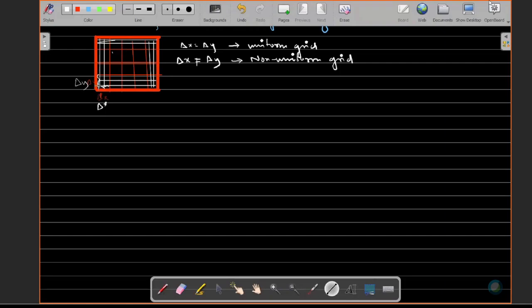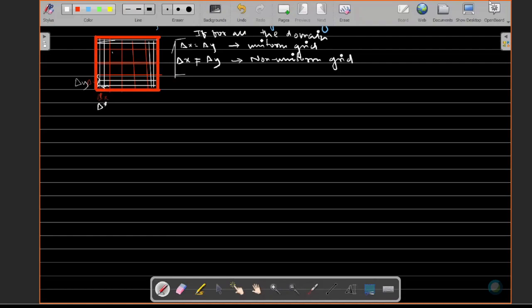For one cell it may be the same, but you have to look at all the cells. Whatever I have written here, you have to look for all the cells. If for all the cells, in all the domain, delta x is equal to delta y,